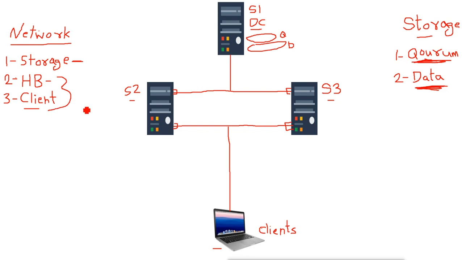I will use one adapter to connect to the storage server, which is our Active Directory server, our domain controller, and I will use a separate network here to connect the storage. Then the other adapter I will use for the clients and the heartbeat network, so it will connect to the network here.